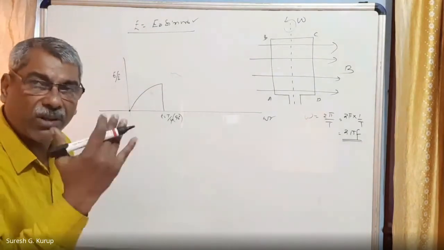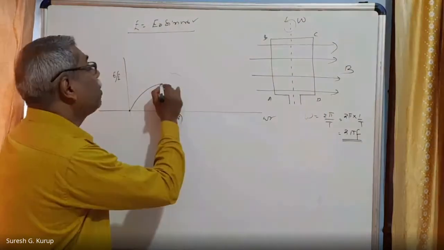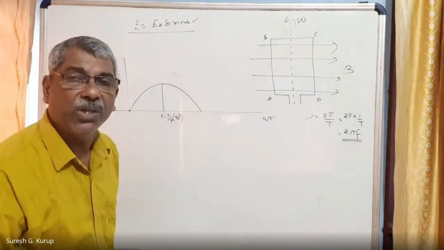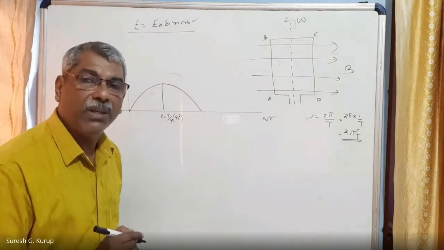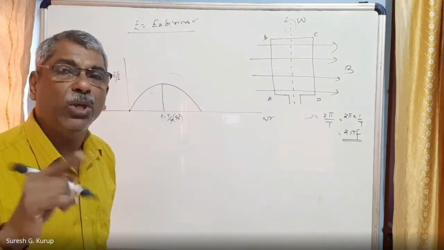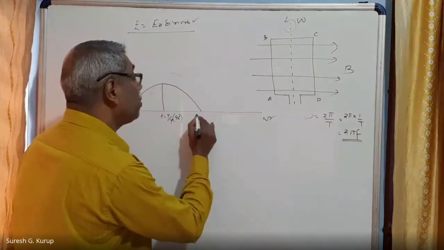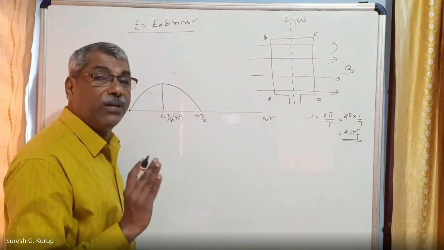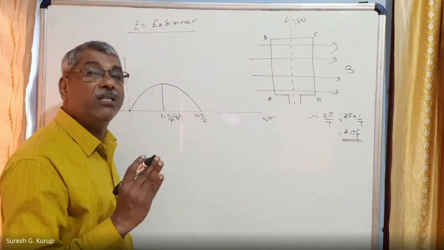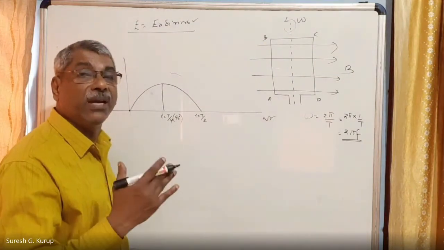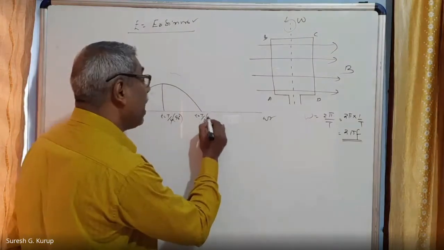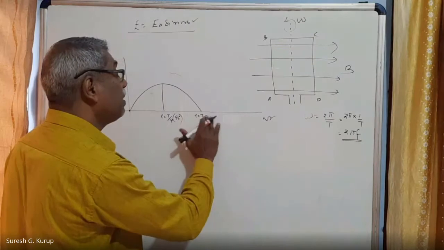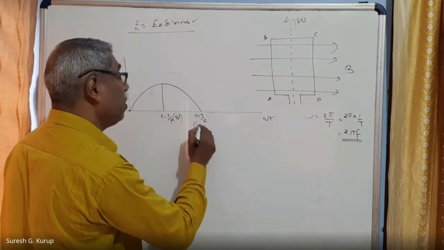Now it is again further rotating. When the coil rotates and completes 180 degrees, sine 180 becomes equal to 0. The time taken by the coil, small t is equal to 2T by 4, and 2T by 4 is equal to small t is equal to T by 2, you will write. That means when small t is equal to T by 2, the angle subtended is equal to 90 plus 90, which is 180 degrees. Sine 180 is equal to 0. I will write here angle is equal to 180 degrees.